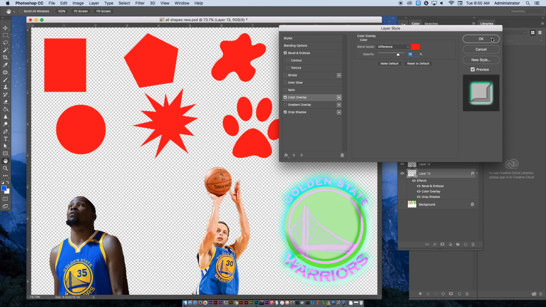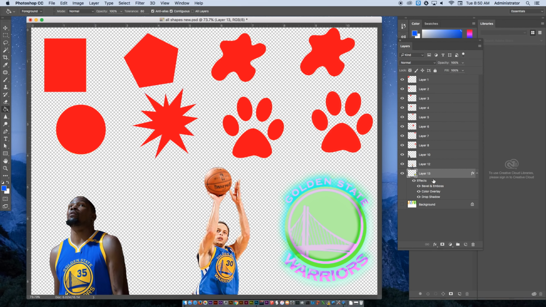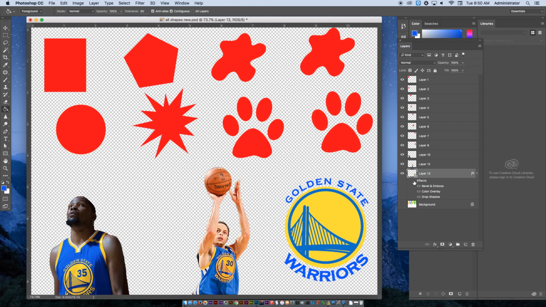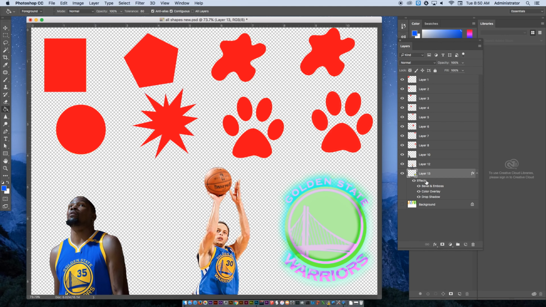All right? And then when you hit OK, you'll notice that it applies those effects and it lists them for you inside the layer. You can hide it here so you see it small, or you can open it up. If you don't like them, you can close the little eyeball next to the word effects and you'll see it without it. If you don't like the effects at all, you can click and drag the word effects down into the trash can